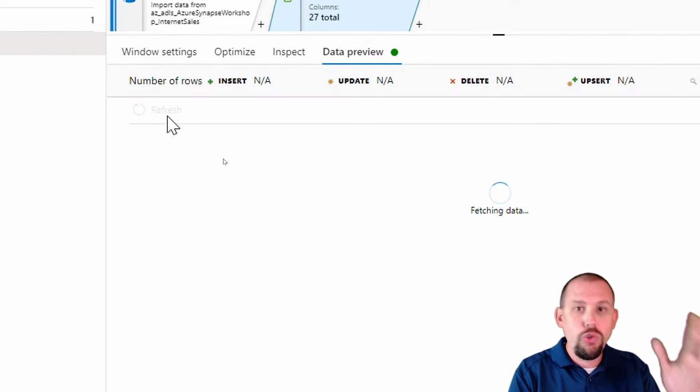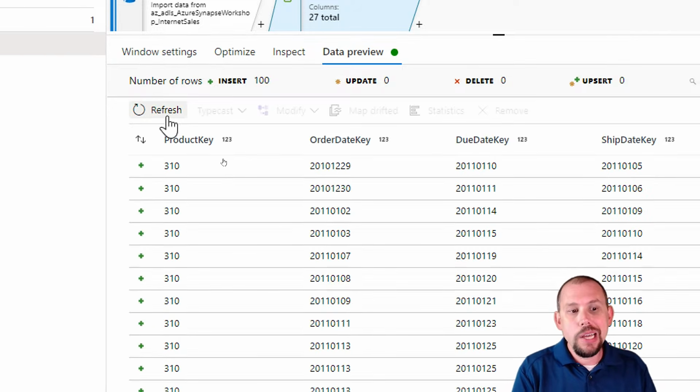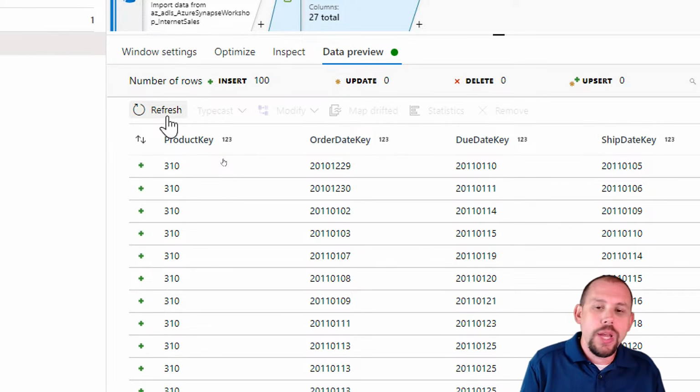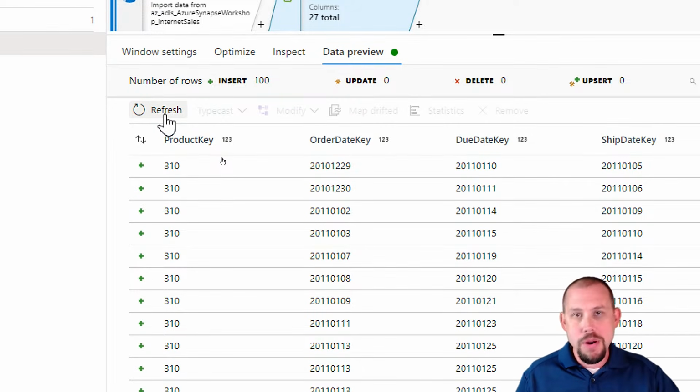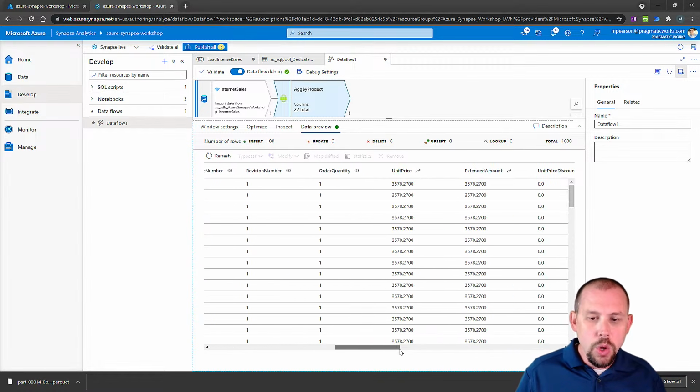It fell again. It would drive you absolutely insane. But now with Dataflow Debug, you can test it out and make sure it's working. I love this capability because I remember when it wasn't available. Now I have my very detailed, granular information, but if I scroll all the way over to the very, very right,